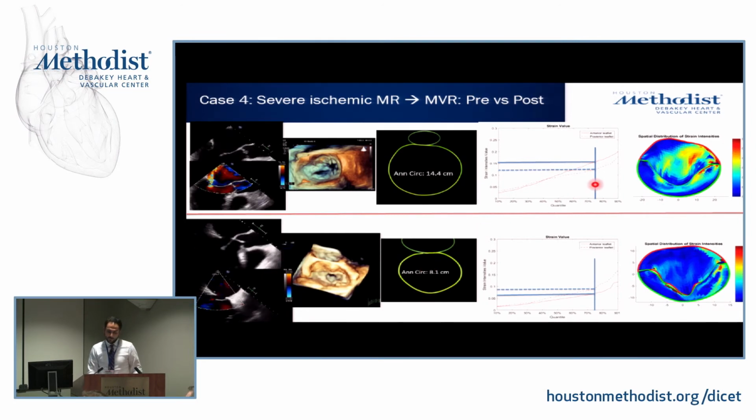At the same time, we show also the strain map and the strain quantiles. And I chose here, for example, the 75% quantile, where you see a significant drop in the strain between the pre and post-op. And you can see it actually on the heat map. You can appreciate it by the color.